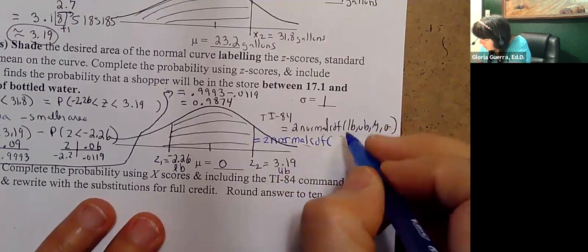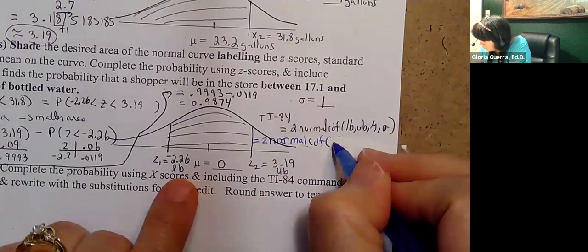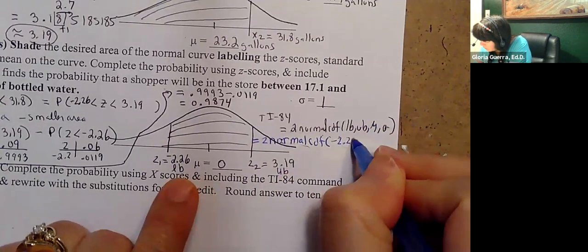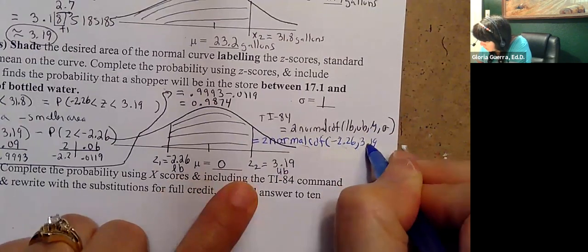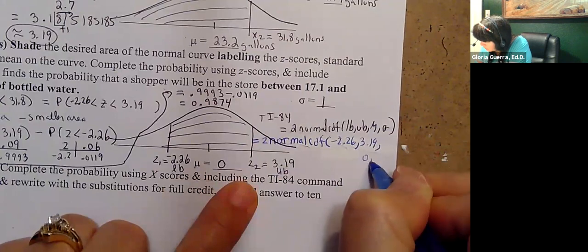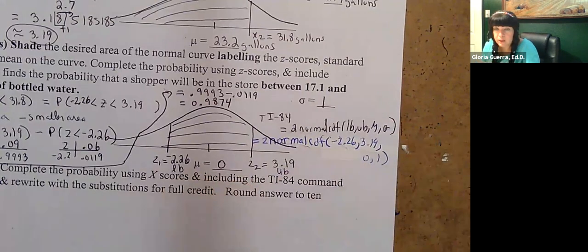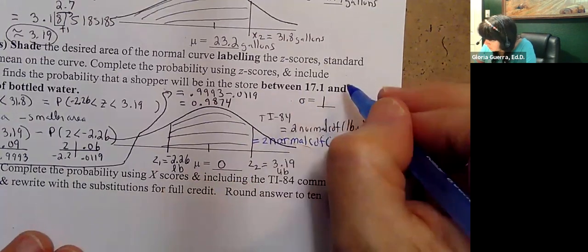So lower bound is negative 2.26. Upper bound is 3.19. And then 0, and then 1. And that is a second